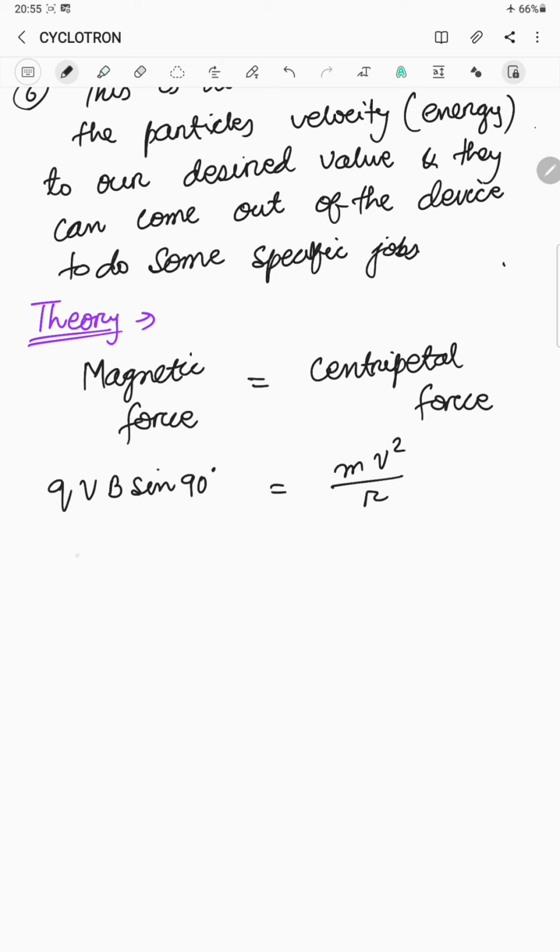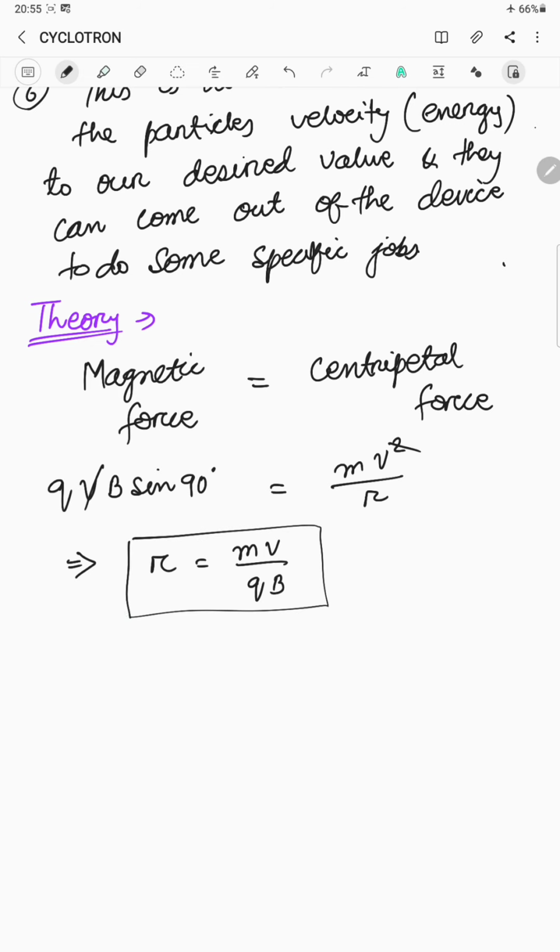Okay. So if we really want to find out what should be the radius of the circular path of the particle, that will be r = mv by qB. The B gets cancelled out here, so r will be this much. We can also find with what velocity it is moving. From this expression we can calculate its velocity. It will be v = qBr by m. Okay, so these two pieces of information we can get.